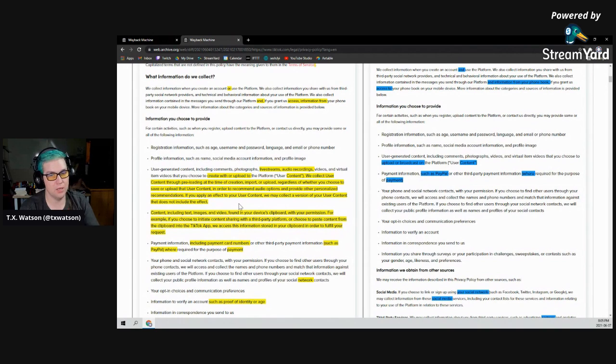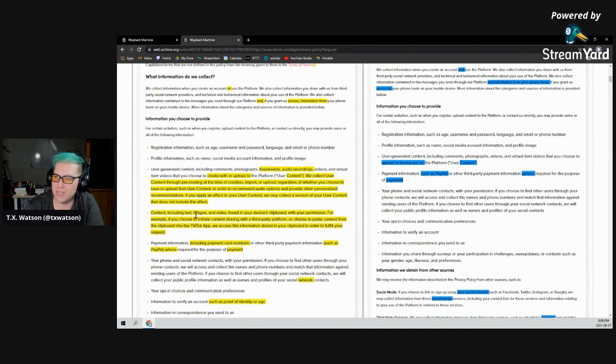Okay, to be clear, I'm not a lawyer and I am not an expert on privacy policies. And I don't know whether this language is sketchy in a way that it doesn't need to be. But I do know that what they're describing there is using your data in a way that we know they use your data.